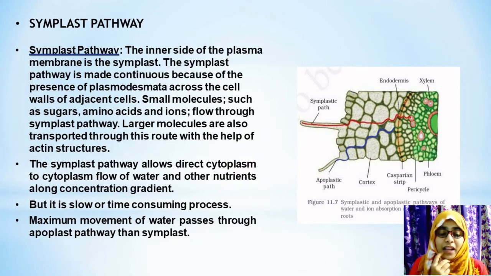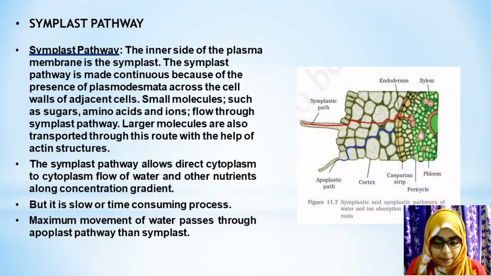When there is absence of Casparian strip in certain parts of the cells, the apoplast pathway is again reaching through that cell wall of that absence of Casparian strip. Okay. If the Casparian strip is absent, then the apoplast pathway can continue further. But if the Casparian strip is present, the apoplast pathway cannot go further. Usually the Casparian strip is absent at certain points of the cells. So apoplast pathway can go through that place.